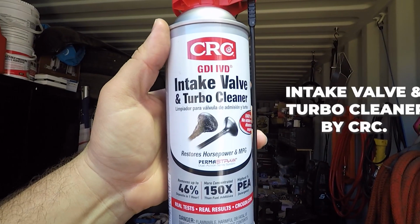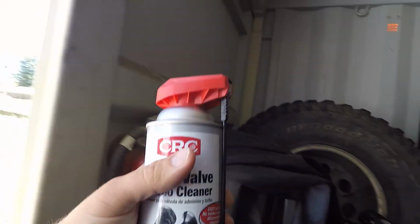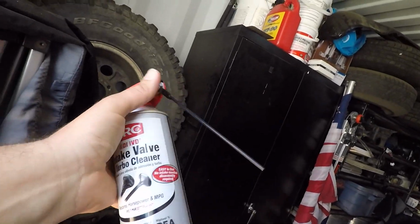So let's hop right into this video and we're gonna fix this idle problem because I only have a little bit of time. So what I use is this intake valve and turbo cleaner by CRC. It has a little straw here, and after it's warmed up, you hold it, I believe at 2 grand, and you spray it in a vacuum line and it'll die down. You can continuously spray it, and right before it dies you let off and you